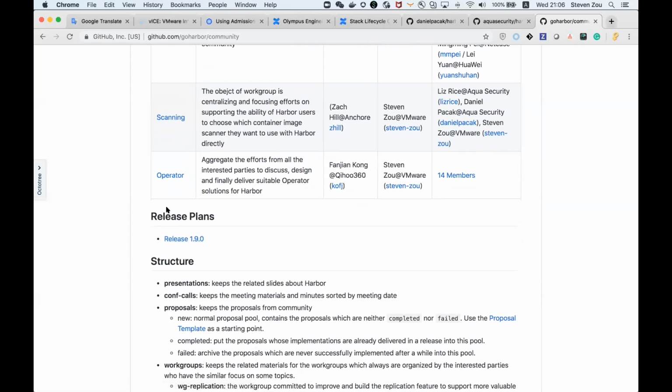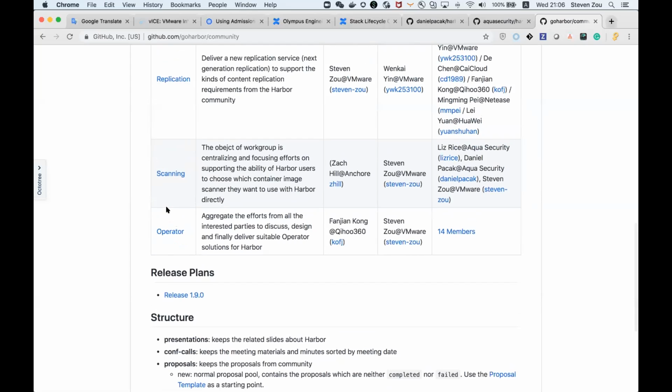So here, the reason why I talk about this workgroup is, if you have some other ideas, maybe you can set up a workgroup to encourage other members from different companies to work together with you to deliver features to Harbor.